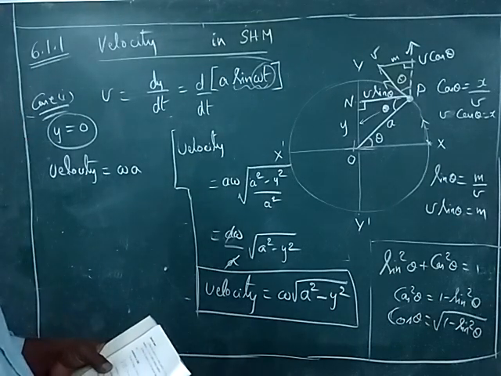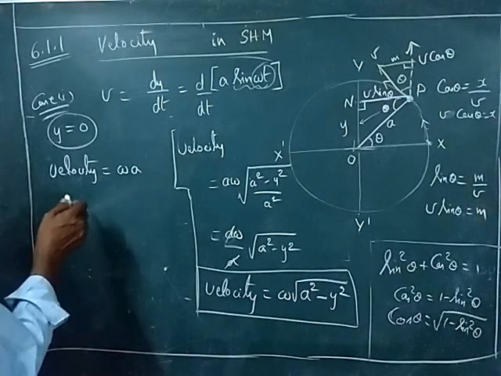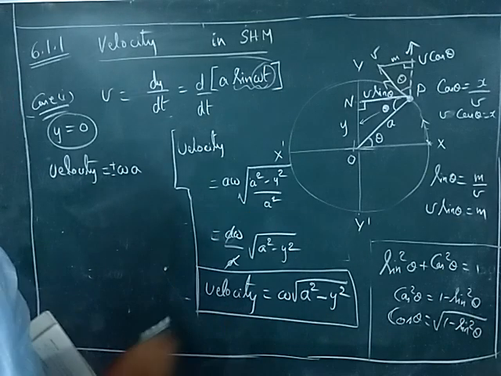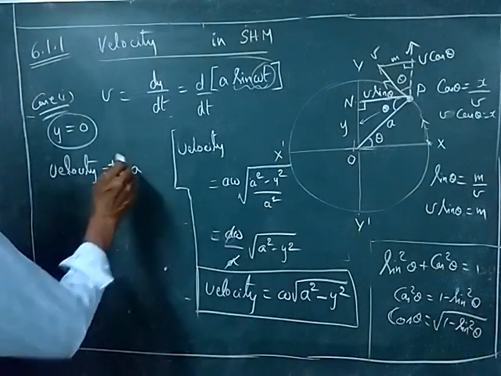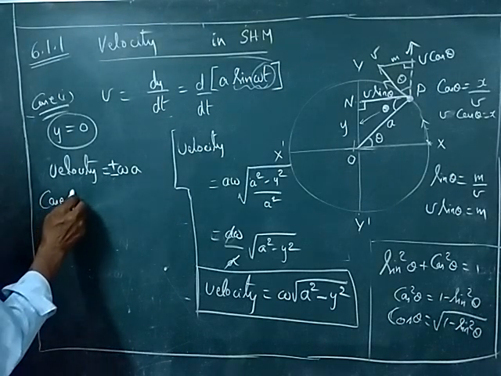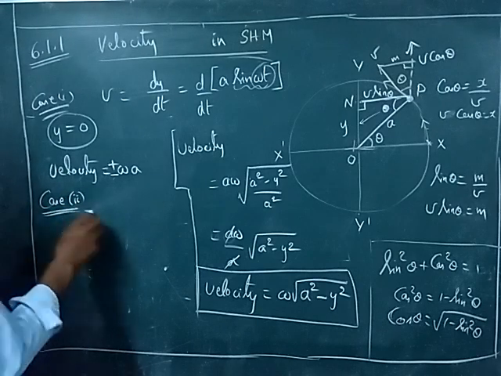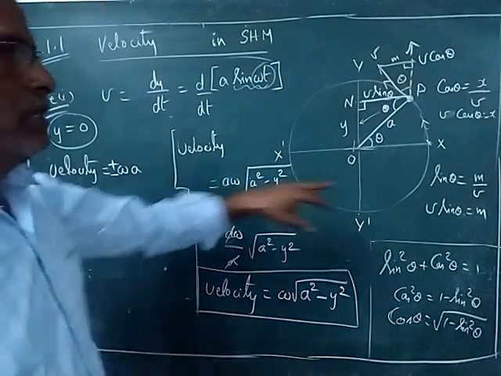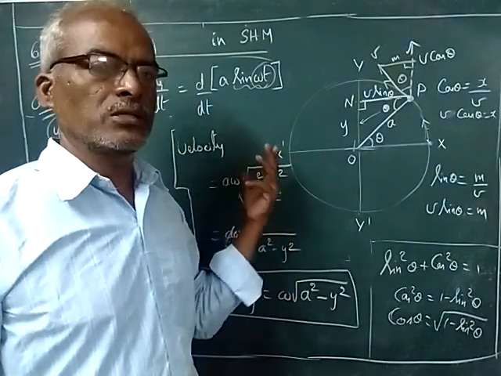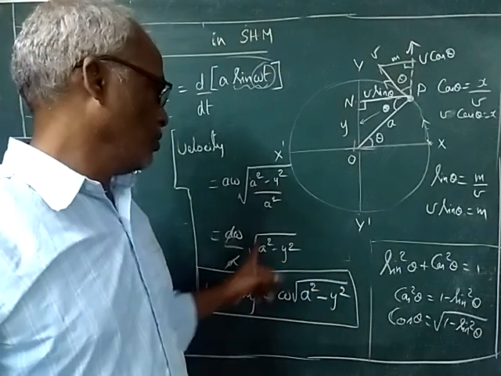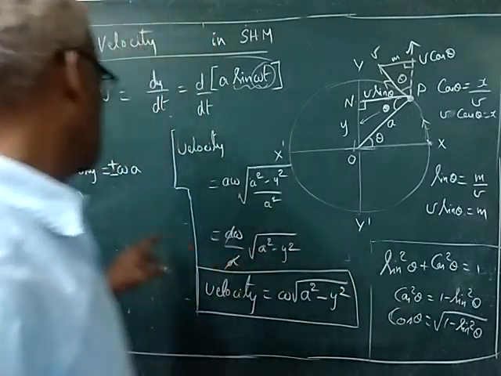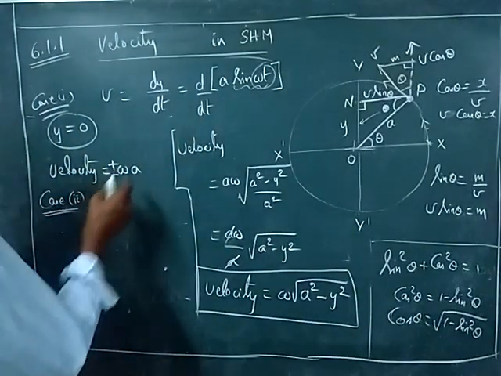Okay. And this can be plus or minus, because square root means the answer is plus or minus omega a. See why plus or minus? Because not only here, also here the displacement is 0. So in general, when you take the square root, we have two values, plus or minus. So that's why we put velocity is equal to plus or minus omega a.